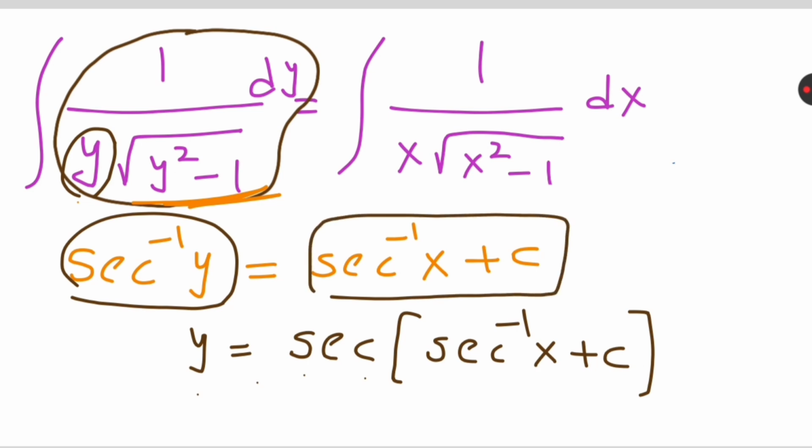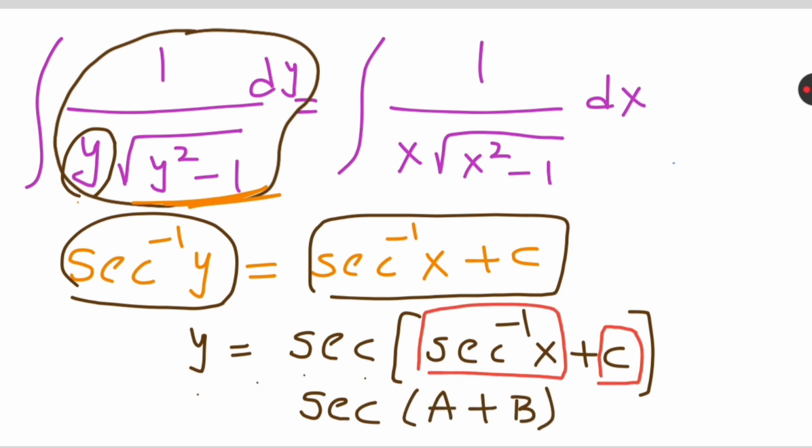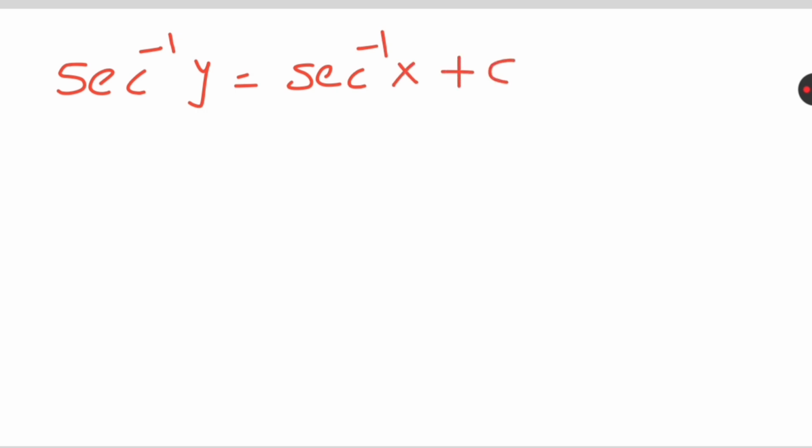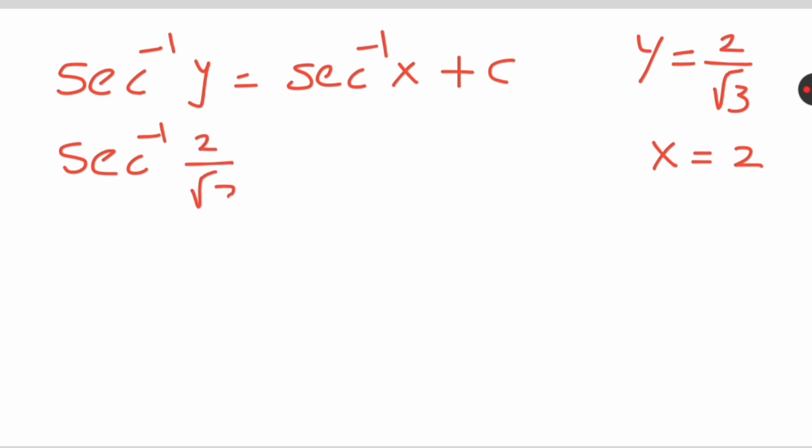term. Now observe here, it is in the form of secant of a plus b. This is our a and this is our b. So to find this, first we need to find c value. We need to substitute y and x values in this expression 1. So let's take the expression 1. What we have, secant inverse of y, that is equal to secant inverse of x plus some constant. And what we are given is y as 2 over root 3 and x as 2. Let's substitute here. Secant inverse of 2 over root 3, that is equal to secant inverse of 2 plus some